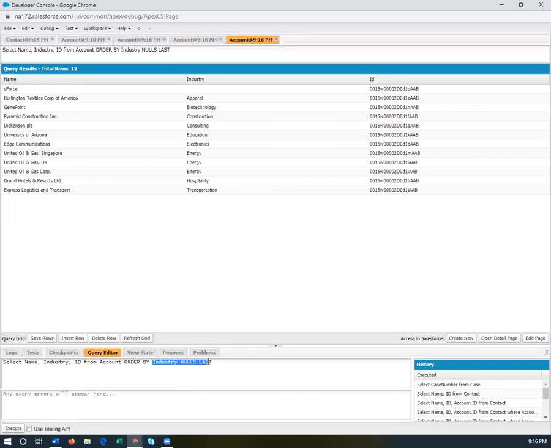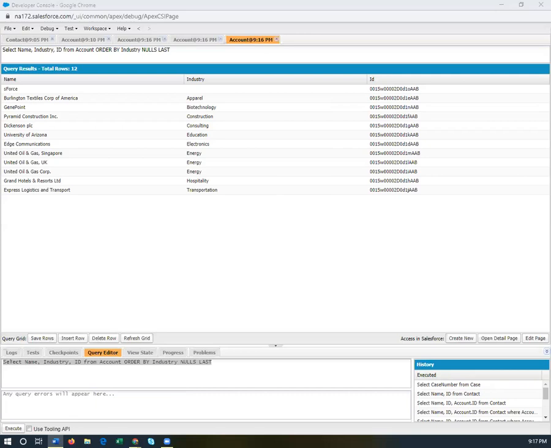But what does this one mean? Industry nulls last. I can see it at the beginning. Now I'm telling you. In the order by we actually have four ways to see the result. We have to take the reference of a field. I'm taking the reference of the industry field here. Order by industry. Now you can write the query as ASC, that means ascending order, DESC, descending order,